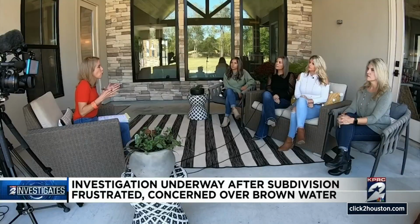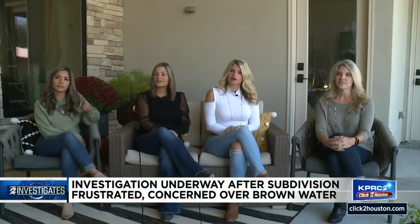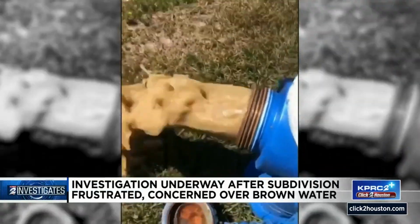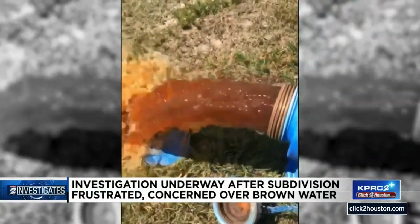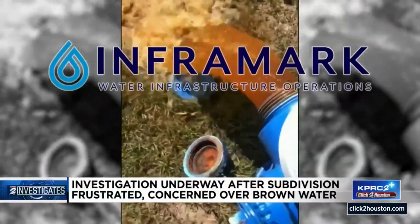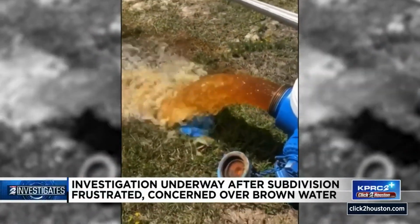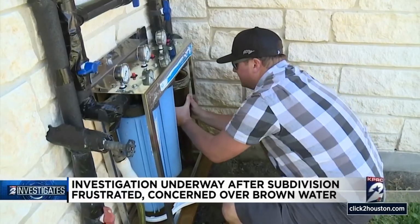How many of you have called to report this problem to the city? All of us. Yeah, everybody. I've been calling for about 4 years. Each time they called, they say the city sends crews from private company Inframark to flush the hydrants. It used to clear up the water for a month or so, but the brown stuff now comes back so often,